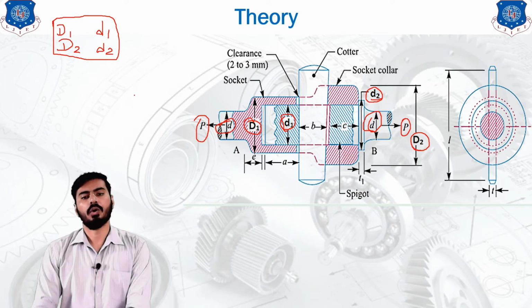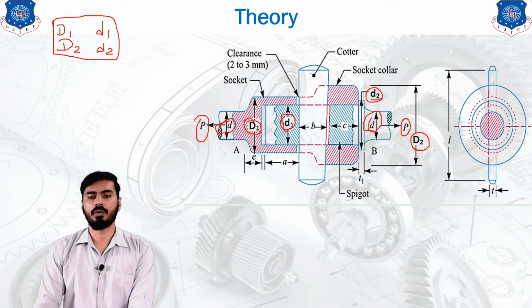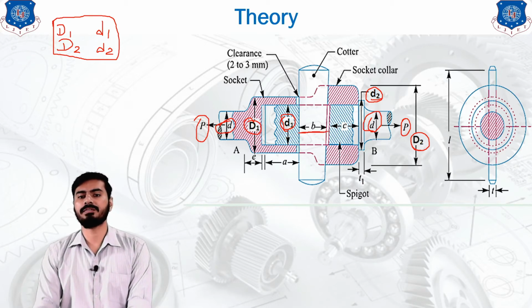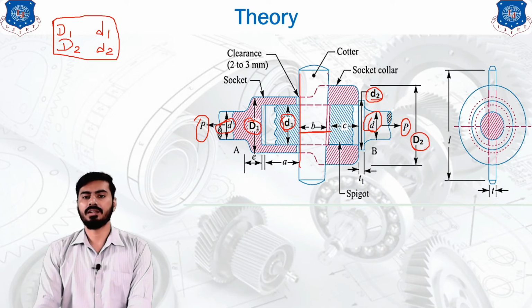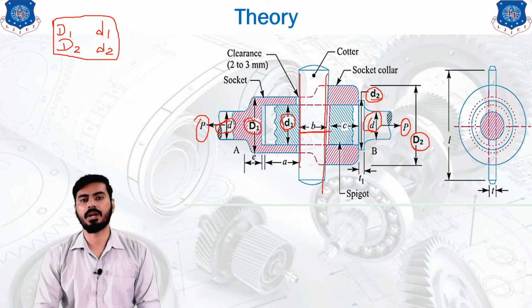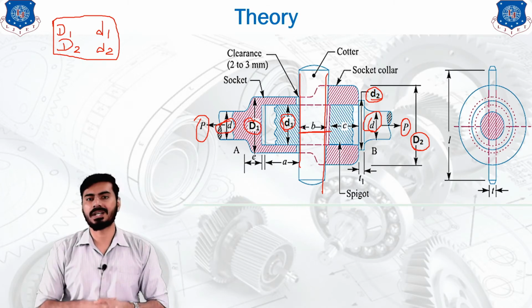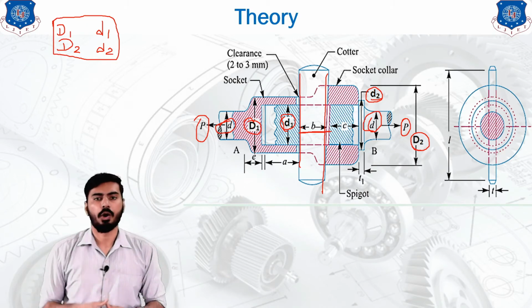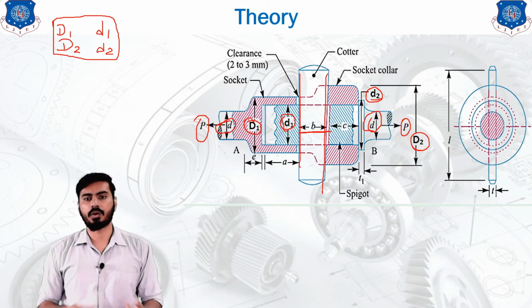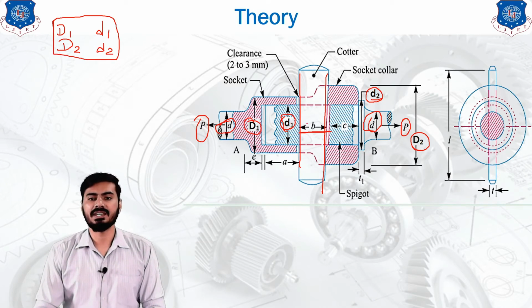Okay, so now we are going to explain further notations. This is the average width of the cotter. As you can see, the cotter has a taper throughout its height, and that's why we cannot find the exact width at a particular point, because due to the taper the width of the cotter is changing with respect to the length or the height. That's why we are going to consider the average width of the cotter, that is b, and b is the average width of the cotter.